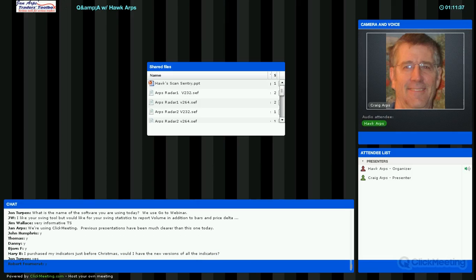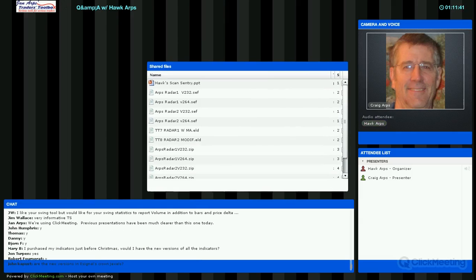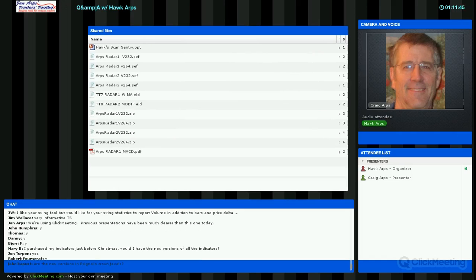You can see it in the shared files folder. I have whole files, the versions of Radar1 and Radar2, and we have multi-charts versions here for 32-bit, 64-bit, TradeStation versions here, and these are the Ninja versions here. So if you would like to avail yourself of those, the appropriate tool, if it's there for you, just click